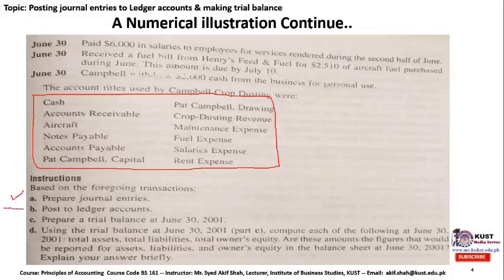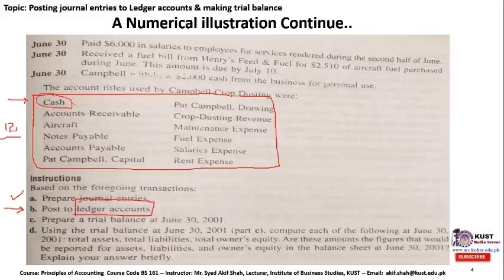So the emphasis will be to post those entries from the journal into the ledger accounts. One crucial hint for the student is to look into the chart of accounts, and as there are 1, 2, 3, 4, 5, 6, 7, 8, 9, 10, 11, 12 accounts given in the chart of accounts used by the company, this is why we are going to have 12 ledger accounts, that is, separate classified accounts that will explain one particular account title's